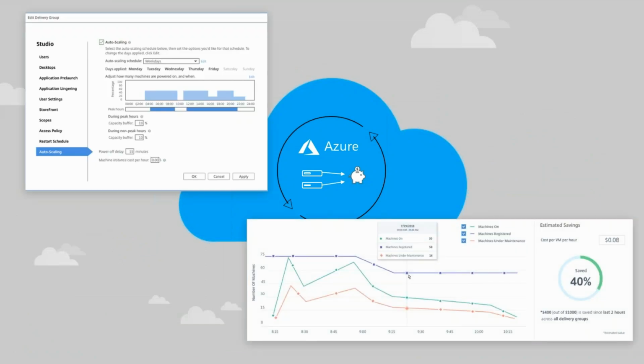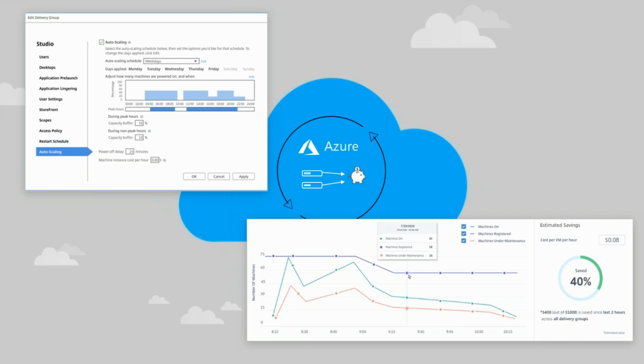So we wanted to dive down into a couple of those features in particular, as I said, on that busy slide. So we wanted to talk about autoscale first. So autoscale works with public clouds. So whether that's GCP or Azure, but we're focusing on Azure here, it's going to allow you to make sure that your machines are on when they need to be on and off when they don't need to be on, so that you can then save money.